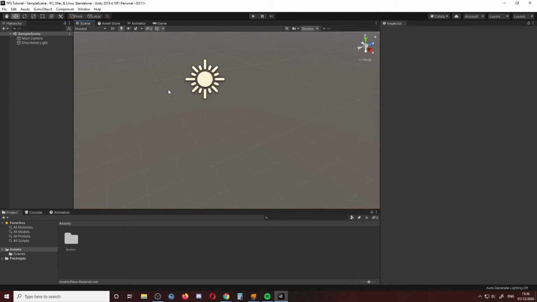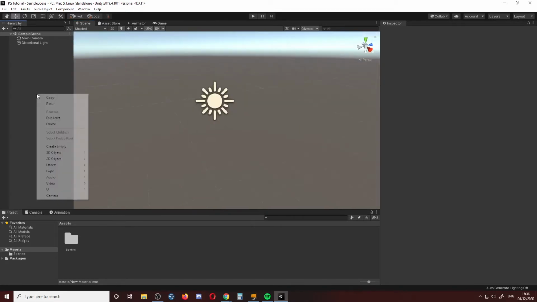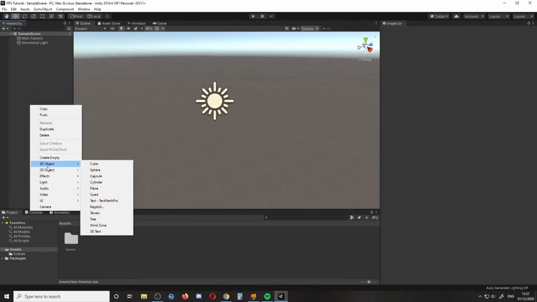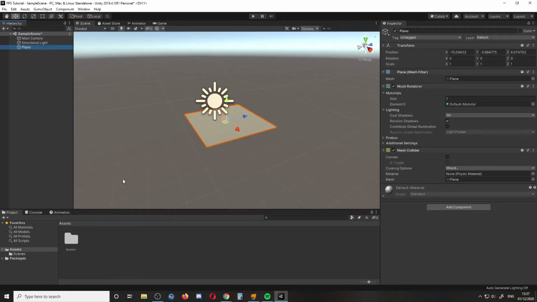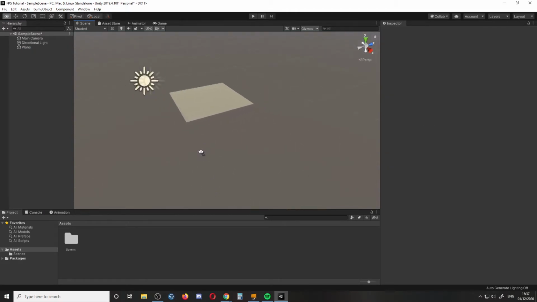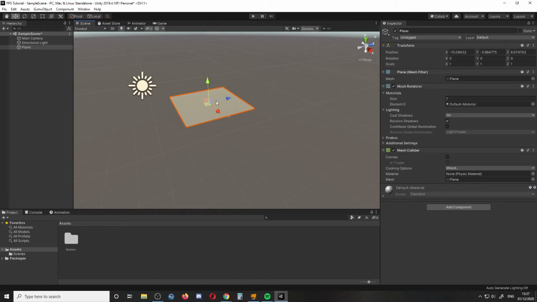Okay, so let's get started. We're going to start off by creating our player. Actually, before we create the player, we're going to create the ground first, just so we've got somewhere for the player to walk around on. So I'm going to right click on the hierarchy, 3D object, and create a plane. As you can see, it spawned all the way down there. That's because for some reason when you spawn an object in Unity, it spawns where your camera's looking, at a certain distance away. I'm not sure how it decides how far away, but